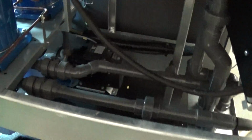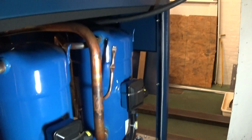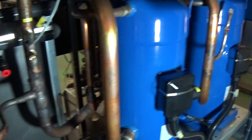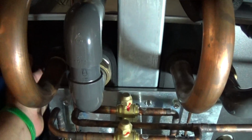And from this side you can see the process pump for circuit number 1. And we'll get back in here too. Back here you see the process pump for circuit number 2. So we have 2 12 horsepower compressors, and we have a heat exchanger here for circuit 1, a heat exchanger here for